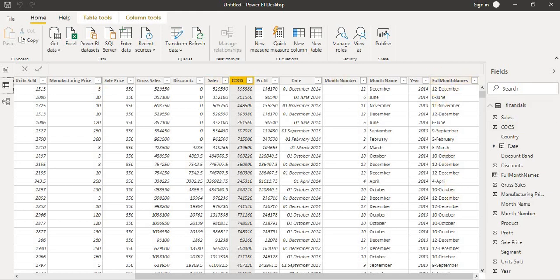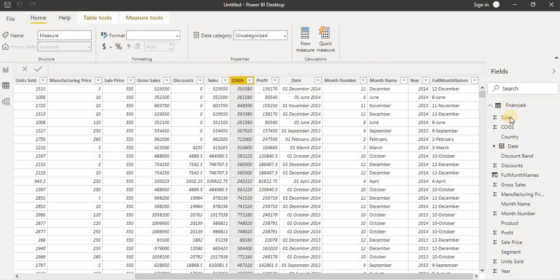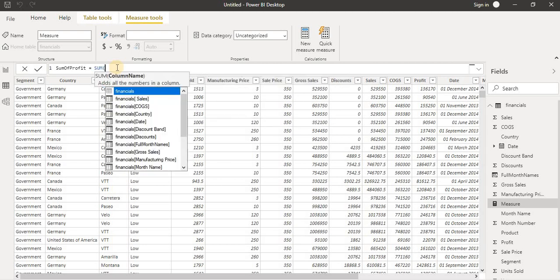Now let's create the measure. You can right click here, and from here click new measure. In this new measure, I'm going to take sum of profit, so I can write sum, and sum of profit. You can select the column on which you want to do the operation.